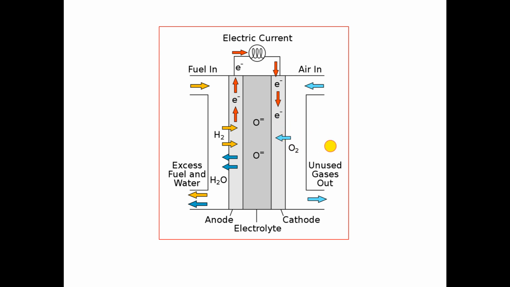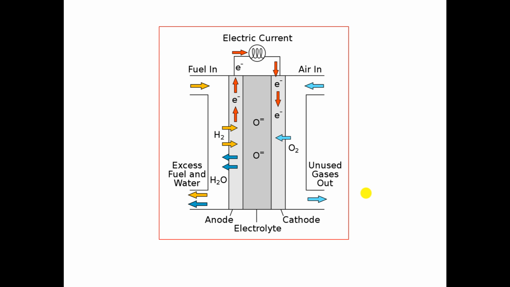That means at the cathode, oxygen ions are formed, and they travel through the electrolyte and reach the anode. At the anode, they combine with the hydrogen fuel to form water. The cathodic reaction is basically a split of electrons from the oxygen in order to form the oxygen ion, and that oxygen ion reaches the anode and reacts with hydrogen. It will produce water along with the release of electrons. Those electrons are used as electricity.